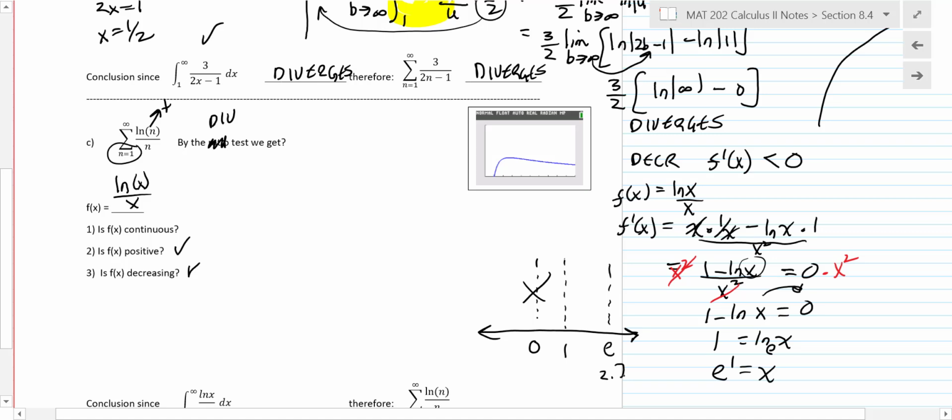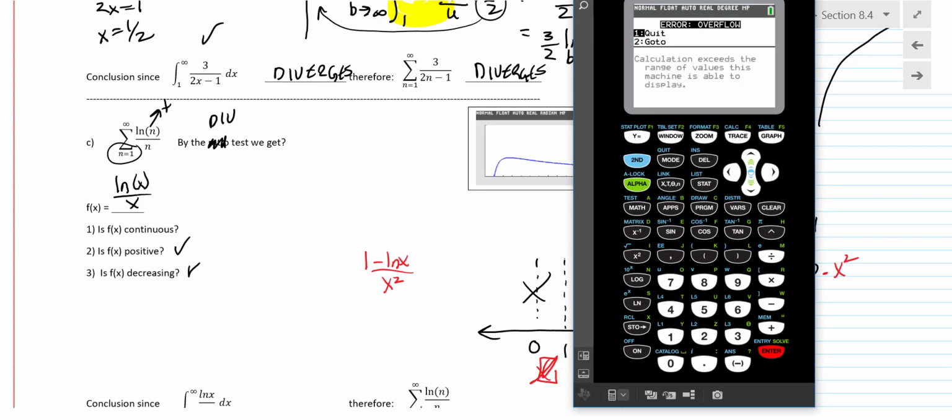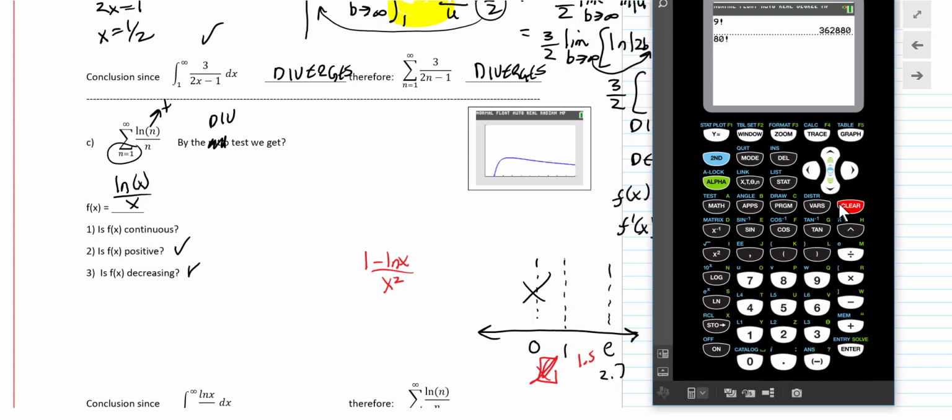So what you would end up doing then is going through and doing test points into that derivative. Our simplified derivative was 1 minus ln x over x squared. If you took a number between 1 and e, like 1.5, and plugged it in, you would get a situation like this. If you took your calculator and did 1 minus the natural logarithm of 1.5,